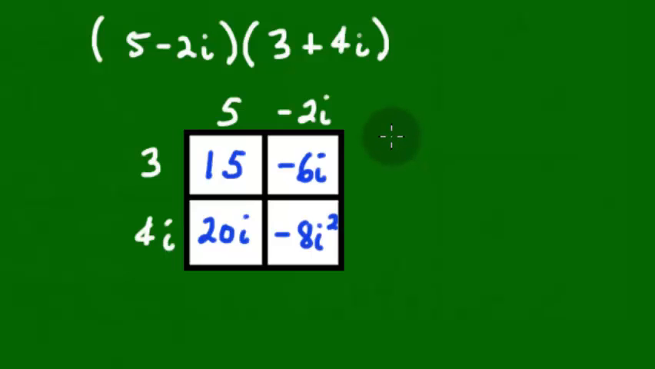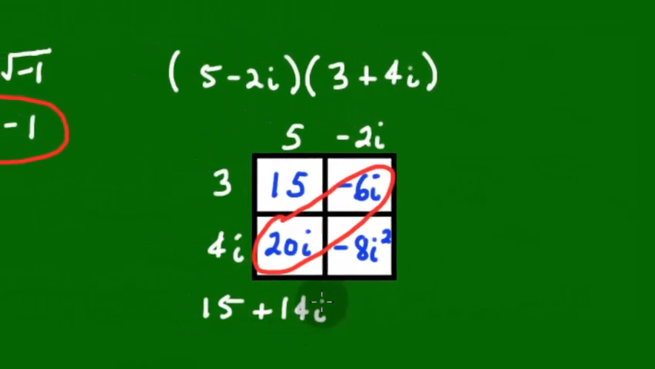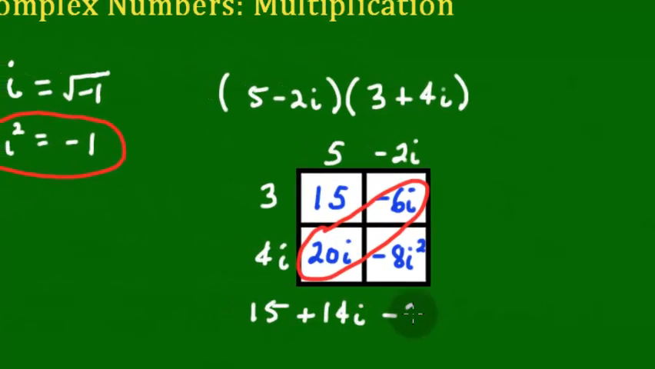Just keep in mind that there are like terms. In other words, these two have the same letter and the same power. So we're going to combine those two together. We know that -6i and 20i is going to be 14i. So we're going to have the 15. Now we have a 14i when we combine those like terms. And of course we got this -8i